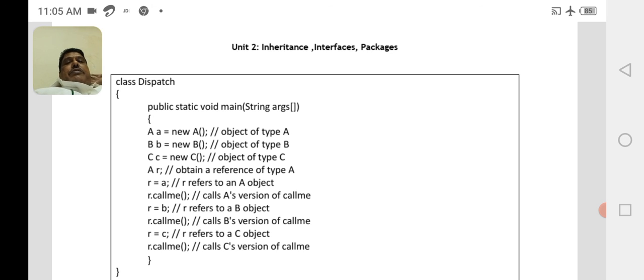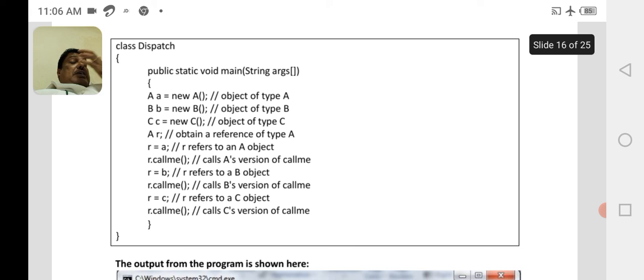Then assign the superclass reference variable r the object reference variable of the subclass B, that is r = B. Then with this reference variable r, call the method present in subclass B. r.callme will be executed and you will get the output of the method present in subclass B. Then for the superclass reference variable r, you assign the object reference variable of class C, that is r = C. Then call with this superclass reference the method present in subclass C, r.callme.